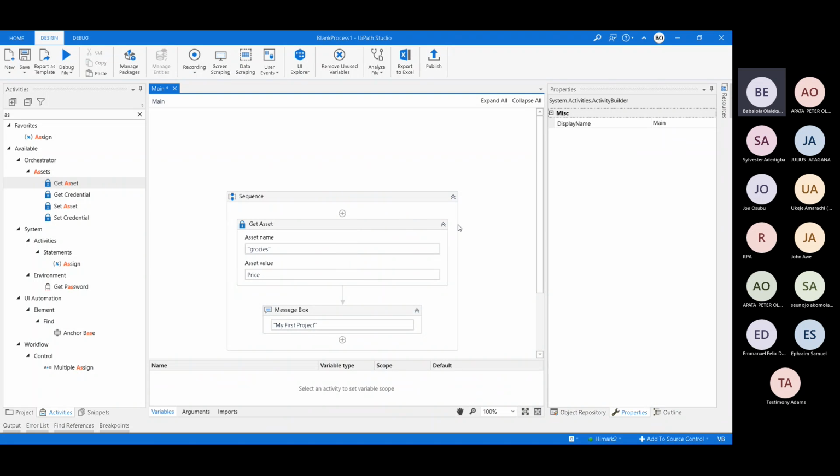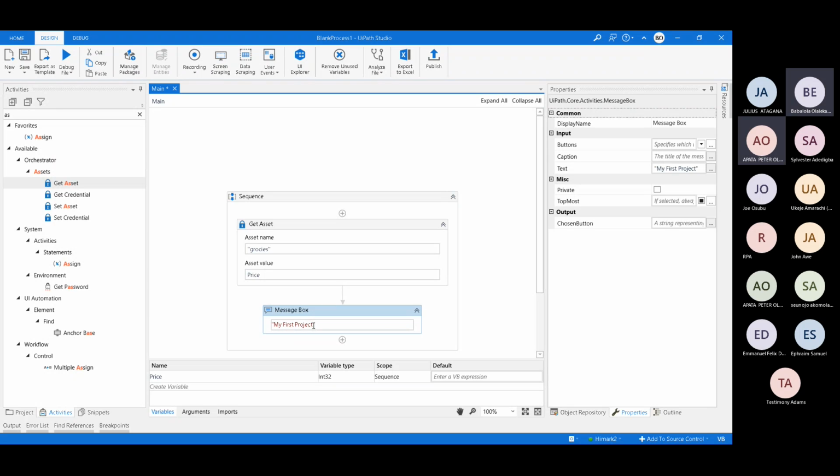All right. So on the message box, we can just say this is the asset value, then put a plus, then put price in front. So we can publish this and run this again.